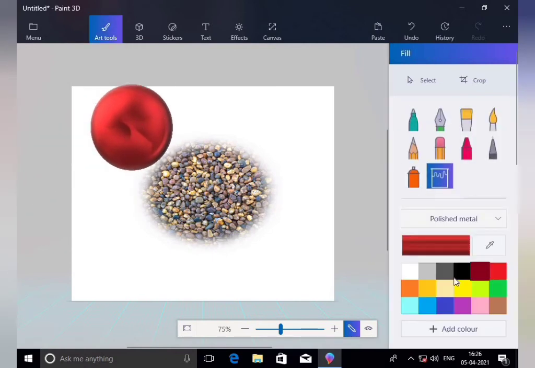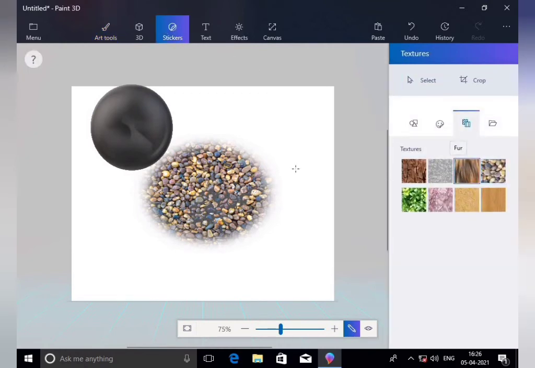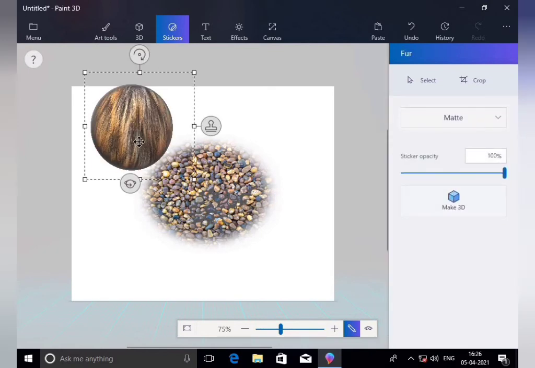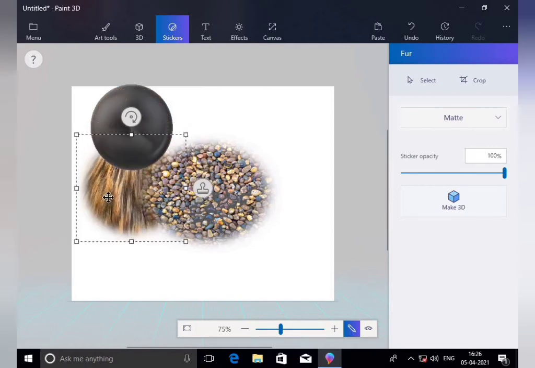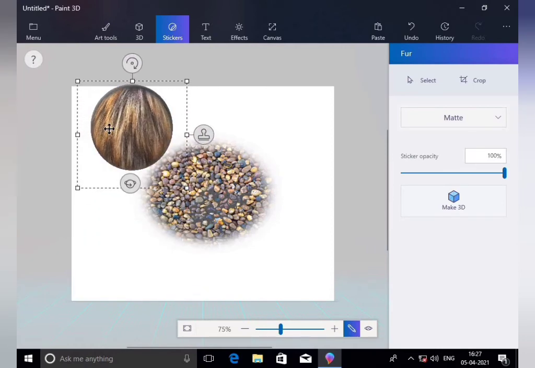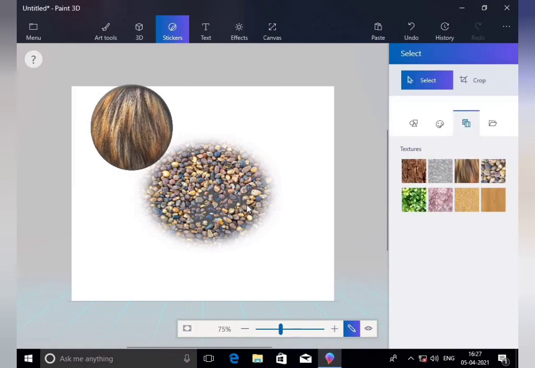But the color is not red, it is a grey color, so I will fill grey color with the polyester, right? Now for example, again come on the sticker and choose this and bring it here. So you can see the shapes.